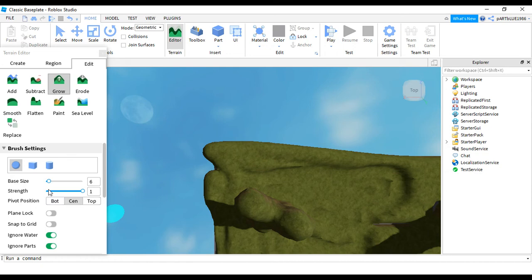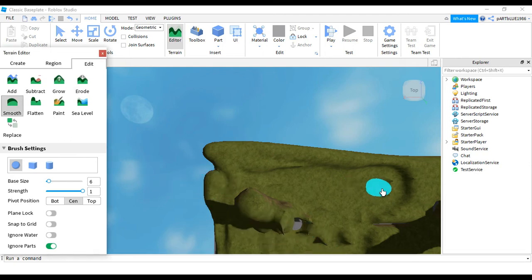Now inside the settings there is also a strength option. The highest is 1 and the lowest is 0. If you put it at 1, it is going to draw at a very high speed, sometimes uncontrollable. And if you keep it at 0, it is going to grow very slowly. Now, about the erode tool, this is just the opposite of grow. Just like you are growing something, you can erode something, you can make it melt. It is like a deleting kind of tool. Just the opposite of grow.